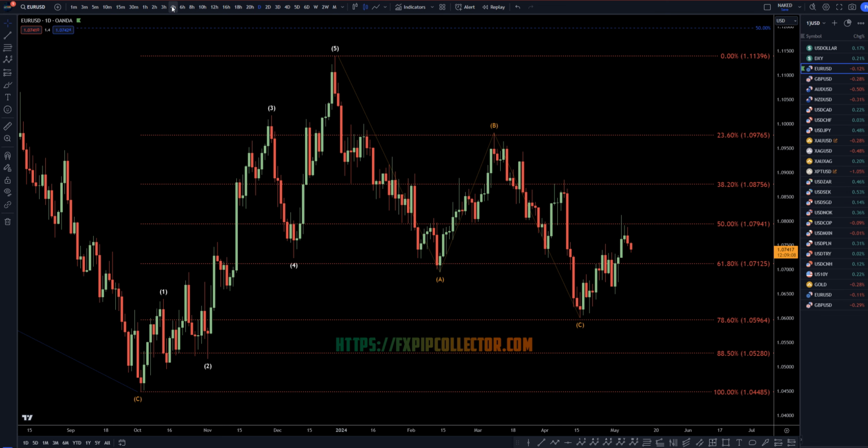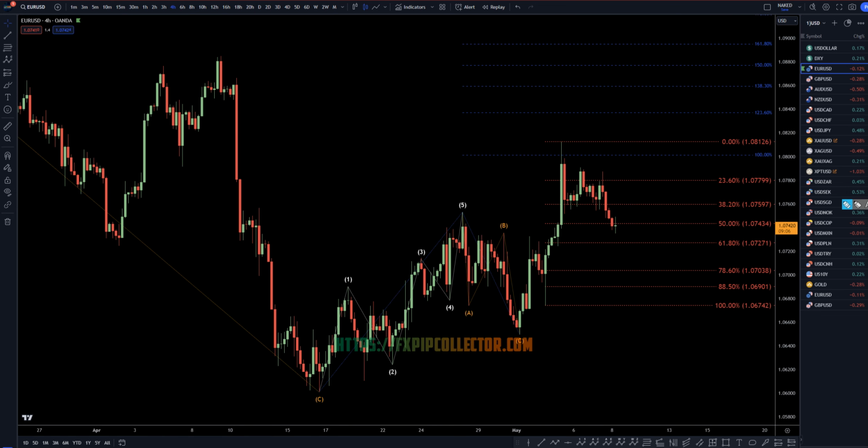So heading down to the 4 hour time frame. On the 4 hour time frame, I still believe that this is likely to be an ABC correction. Now it is definitely going down, and until we actually get that 3, 4, 5 shape at the bottom with